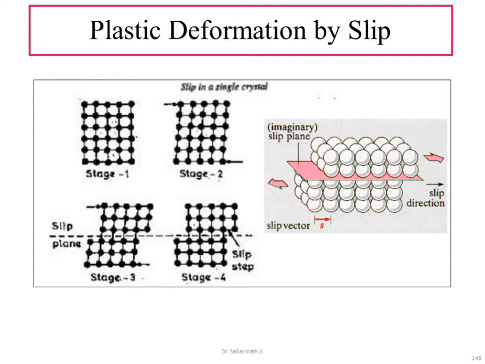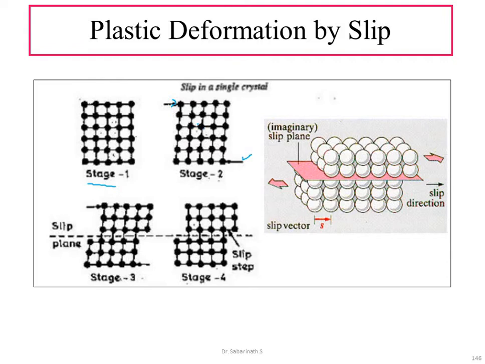Okay, now let us see the mechanism. It occurs in a four-stage mechanism. This is stage 1. In stage 1, this is a regular crystal. When a shear force is applied, it will start deforming,